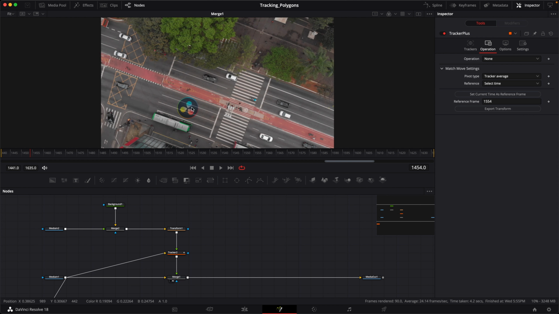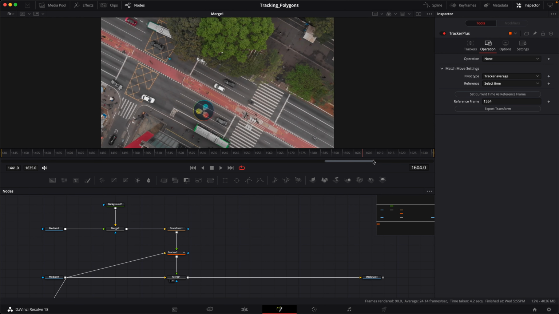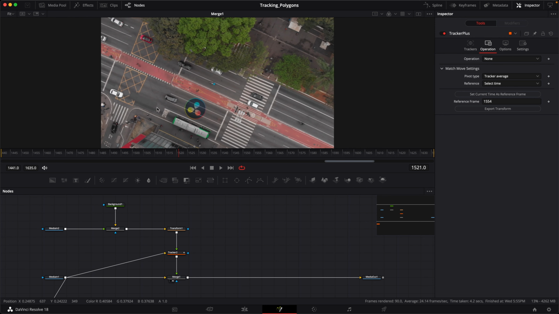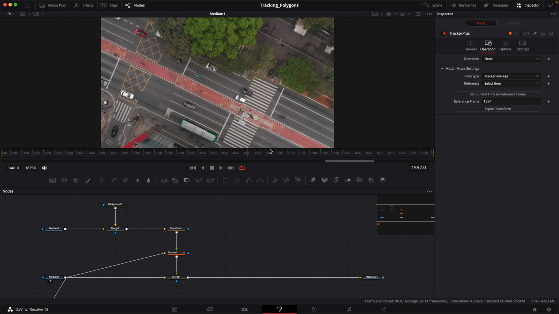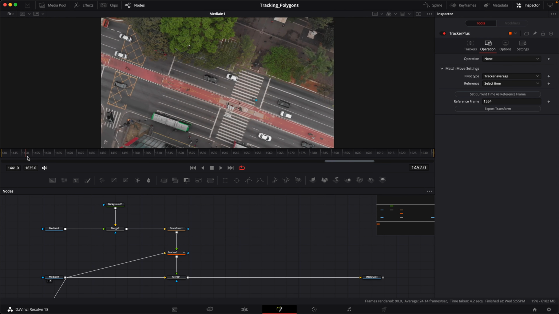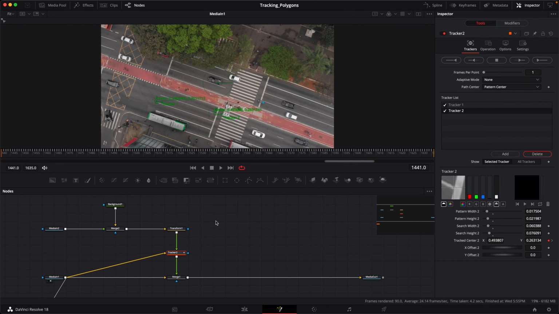So here we are in Fusion, and you can see I have a basic composition set up. We have this logo that we added and tracked in and added to the street so that it looks like it's part of the street. And we have this car that comes over the logo, and what we want to do is mask that out. We have our media in here, which is our original clip, which you can see is this drone shot with some rotation. What I did was I added a tracker, and if I just go to the beginning, you can see,